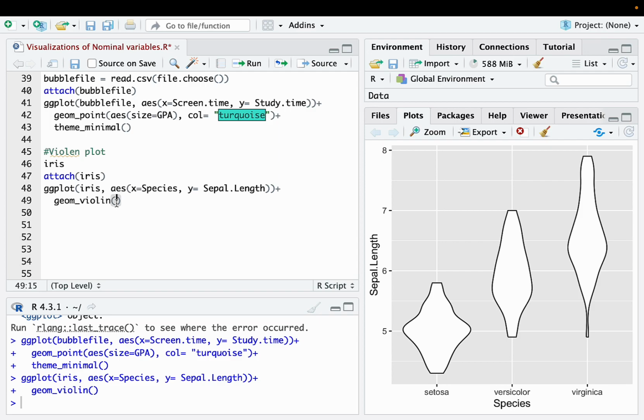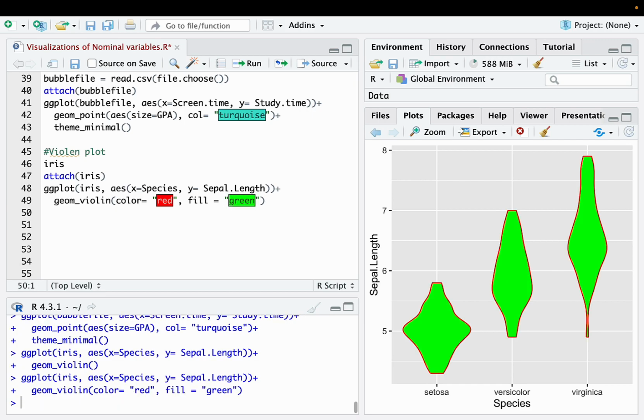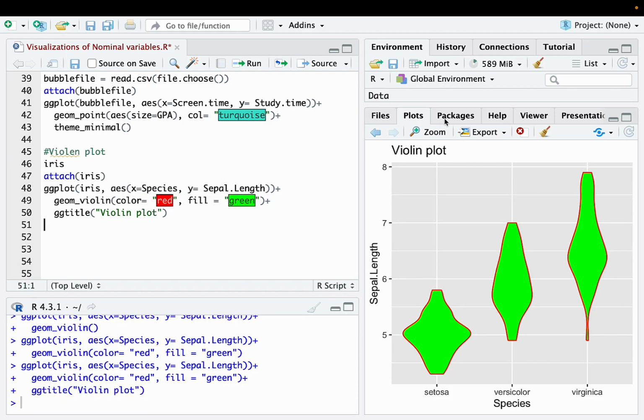So for example, we can also add color is equal to red and fill is equal to, suppose, green, and then we can also add a title, that's ggtitle, and that's a violin plot. So that's the violin plot, and then you can also refine it by adding xlab, ylab,